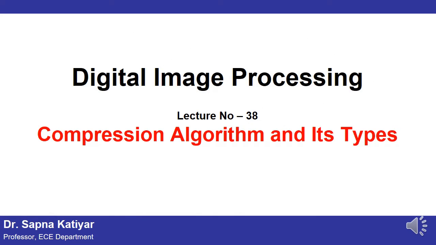Today's topic is compression algorithm and its types. In today's lecture, you have to study how many kinds of compression algorithm exist. In the previous lectures, you have studied about the concept of image compression, why compression is required in the case of image processing, and what are the metrics which are used to represent the compression measures. So you are aware of all of these factors. By assuming all these factors are clear to you, we can proceed with this video lecture. Let us begin.